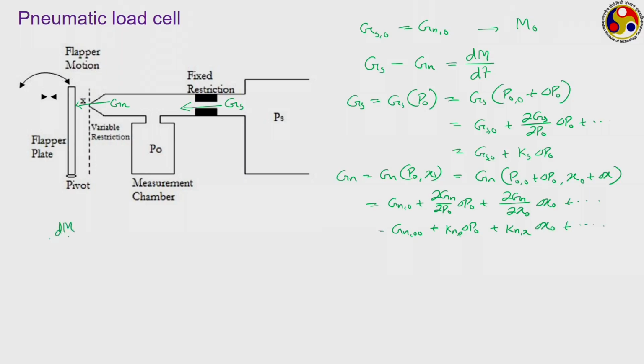So, if we come back to the original equation, your dm/dt can now be written as Ks delta P0 plus Knx delta x0. We are neglecting of course all the terms from second order onwards. Sorry, this symbol should be negative. So, Ks minus Knp into delta P0